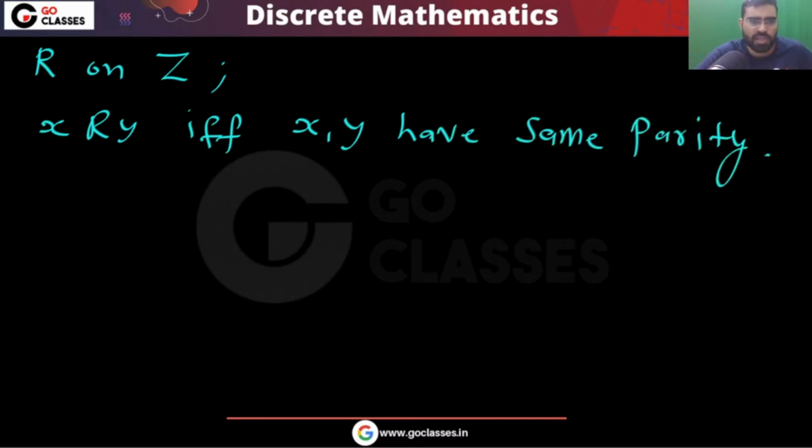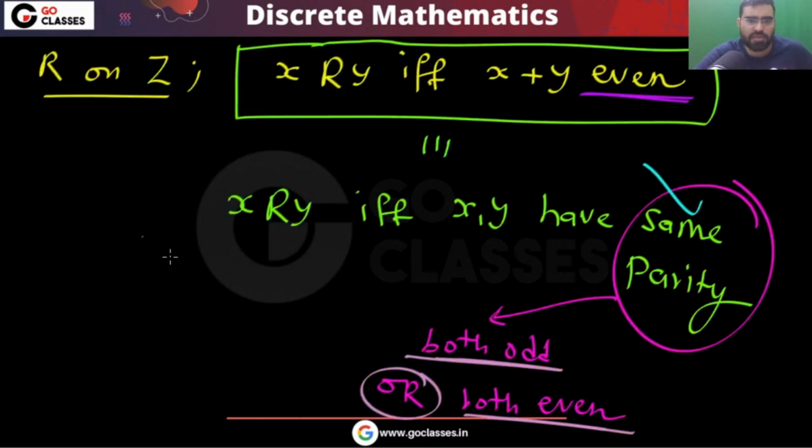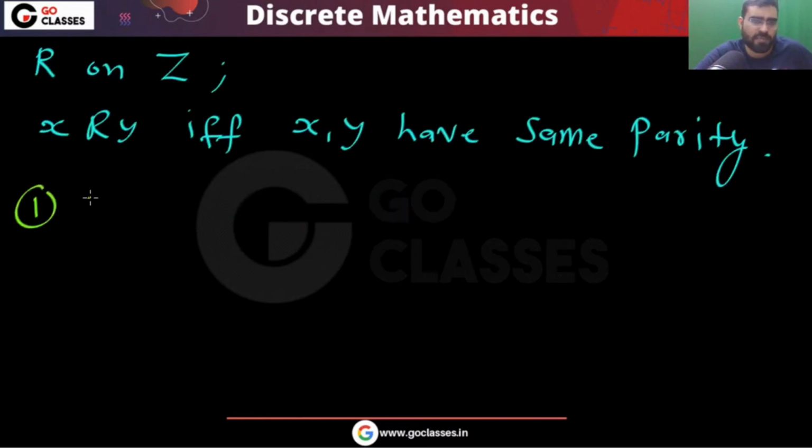Now you can solve this question very easily. So basically the question is this: x is related to y if and only if x comma y have the same parity, meaning either both are odd or both are even. Now you can easily see this is going to be reflexive. This definitely will be reflexive because